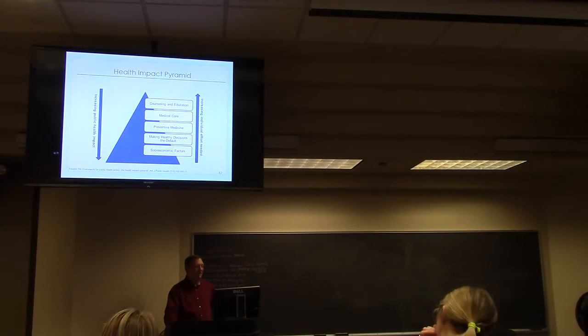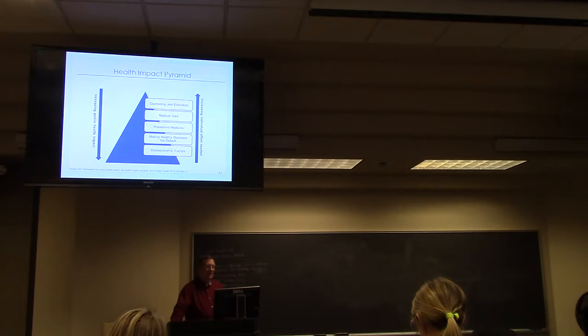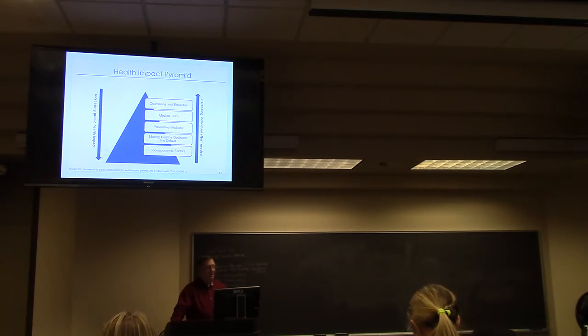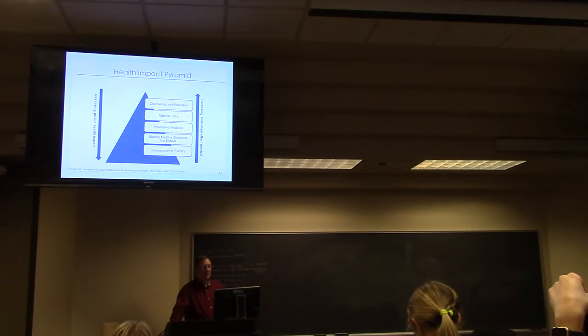Okay, health impact pyramid. Here, this is more towards the individual. This is the wide population, so it moves up. The higher you are to the tip of the individual, the more likely counseling and education takes place. Then as you move down, medical care, then preventive medicine, healthy decisions where the default decision is healthy, and then socioeconomic factors. The more you move to the base of the pyramid, the more that a public health approach makes an impact. So if you're trying to get rid of poverty or large societal issues, public health will be involved to some extent. Now as you move up the pyramid toward the individual, there's an increasing individual effort needed.